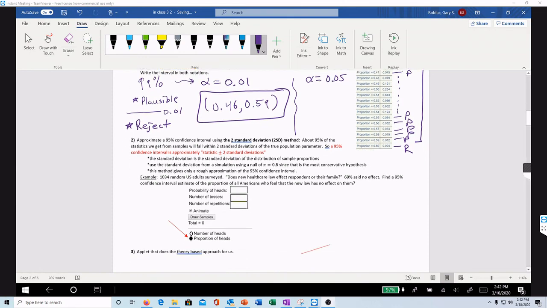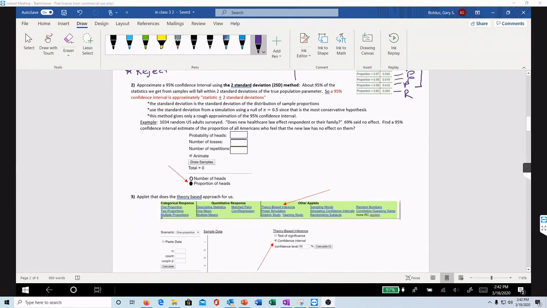So let's talk about the two other ways to do this. The first one is the 2 standard deviation method. Now this method only works for a 95% interval, and it's because of this number 2. So this only works for the 95% interval, and the gist of this method, the idea of it is,